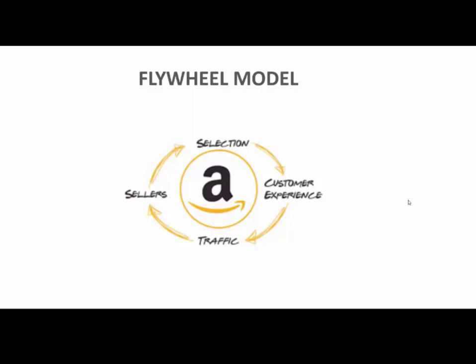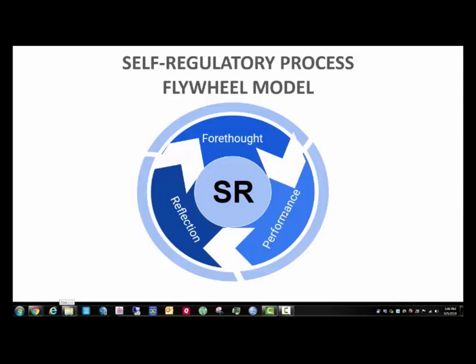As I saw this video about Amazon, I started to think of it in terms of self-regulation for a student, and I get the impression that they can be similar. If we think of the self-regulatory process as the same as the flywheel model that Amazon uses, then we can think of the students engaging in forethought before they try to self-regulate. They continue to think about what's happening during the performance, and then after they finish engaging in the activity, they can reflect on how well they did, and then the next time they go to do the activity,